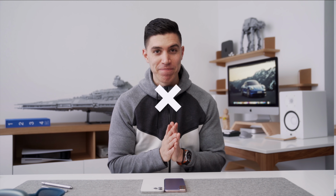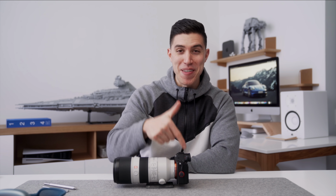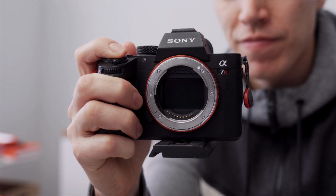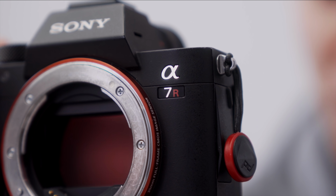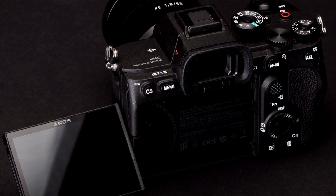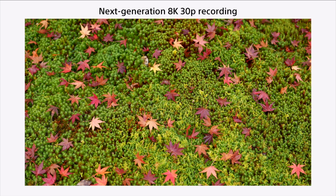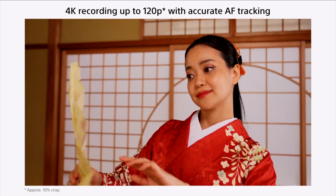Being in the creative space, the most important thing in anyone's backpack has to be a camera. So I'm still team Sony. I'm using an older camera. It's the A7R III. I haven't upgraded, I think, in 2 years. I was tempted to get the A7S III. I know they improved the color science. It now has that flippable OLED screen, but Sony just dropped the A1, which is an absolute beast spec-wise, probably overkill for this channel. It can record 8K 30 frames, more importantly, 4K at 120,